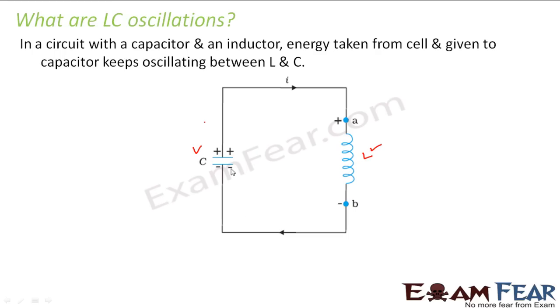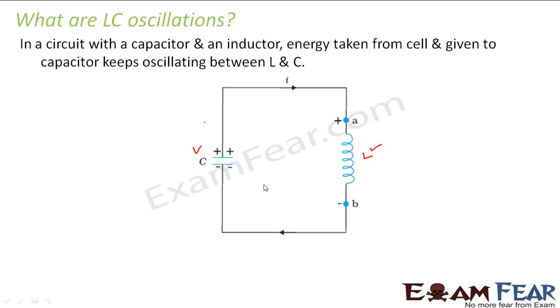But when we are talking about AC current, forget for a moment that an inductor is connected to the circuit. If we talk only about the capacitor, what happens when we apply AC voltage to it? The capacitor will first charge itself, then discharge itself, then charge itself again. So it will alternately charge and discharge, because the alternating voltage being supplied to the capacitor is also changing its direction alternately, right?